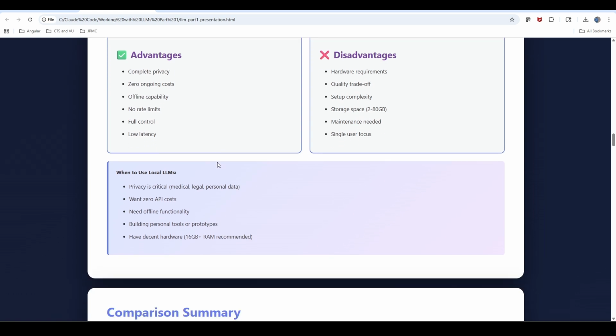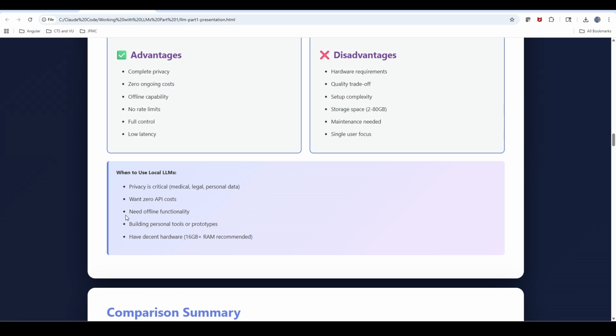So when to use local LLMs, it's very simple. Privacy is critical, because if you use cloud-based models, your data needs to go outside of your network. If you use local LLMs, it's still within your network perimeter. You want zero API cost, you don't want to pay for your APIs on pay-as-you-go, then you can use it.